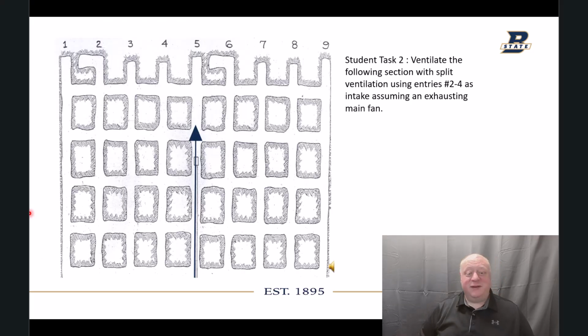And so that's going to be task 2, right? So we're going to ventilate the following section with split ventilation using entries 2 through 4 as the intake. So we're going to put the intake over here, and we're going to assume an exhausting main fan. Okay? So you'll ventilate this just like using the techniques that we did in the walkthrough, and that'll be task